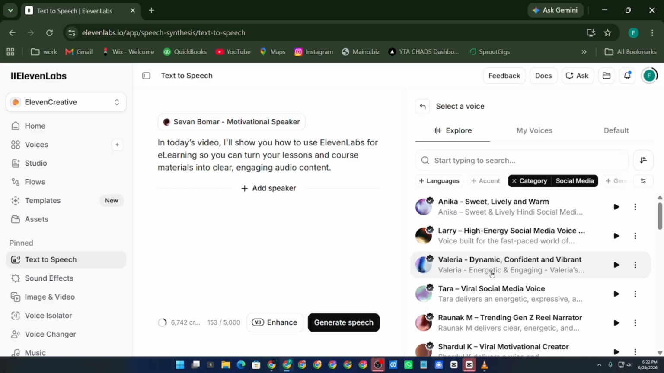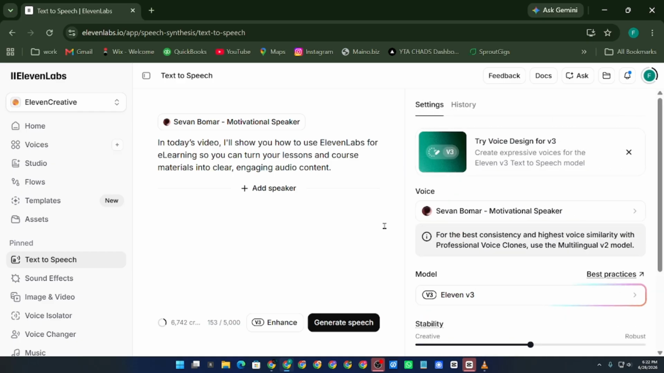Now click Generate and let ElevenLabs convert your text into speech. After the audio is ready, listen to the full voiceover. If something feels off, adjust the script, change pacing with punctuation, or switch voices and generate again. Once you're satisfied, download the audio file and import it into your video editing software to sync it with visuals,